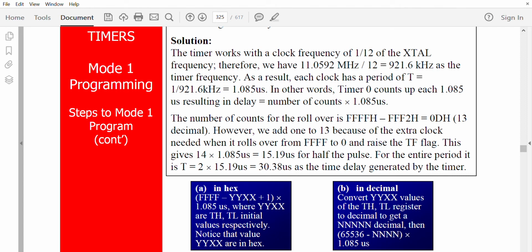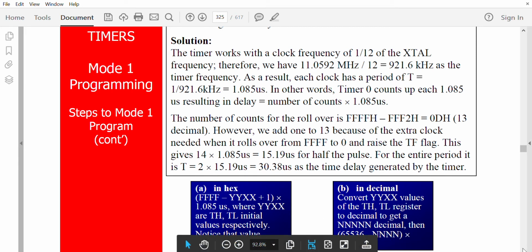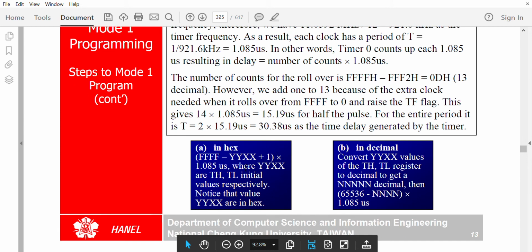If you're computing it in hex, then it is FFFF minus the initially loaded value. Here they are generally putting it as YYXX plus 1, into 1.085 microsecond, where YYXX is the initially loaded value. So this is also in hex. And if you are taking it in decimal, then